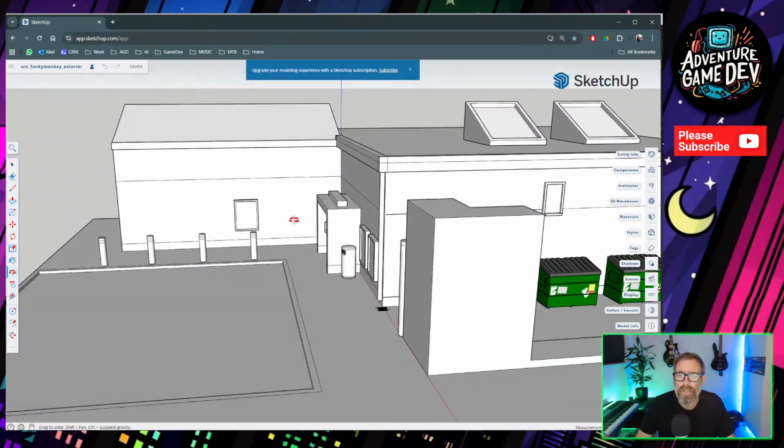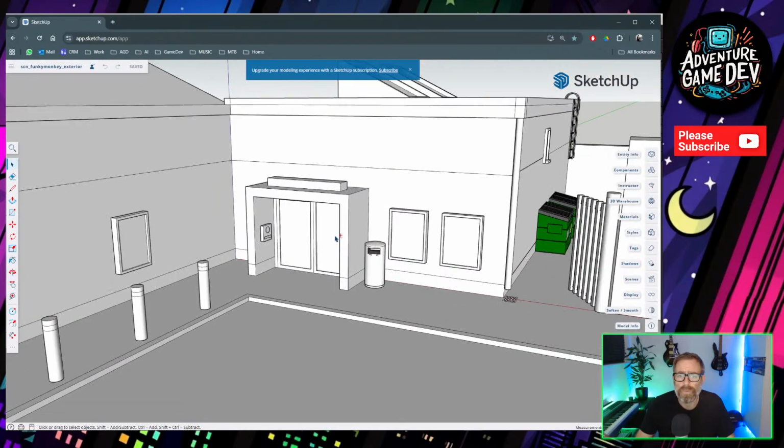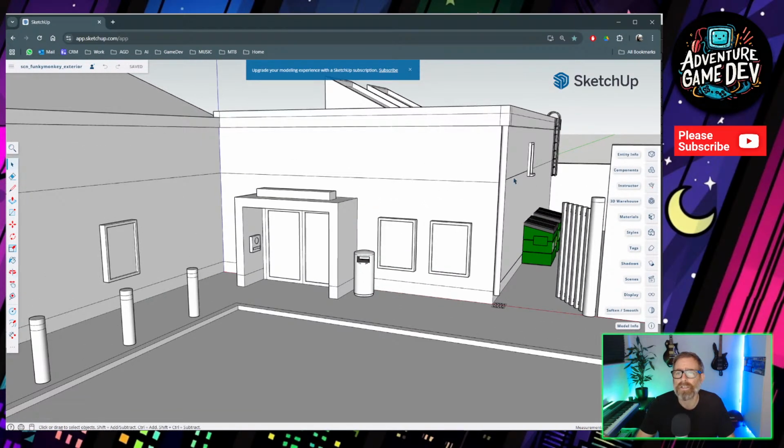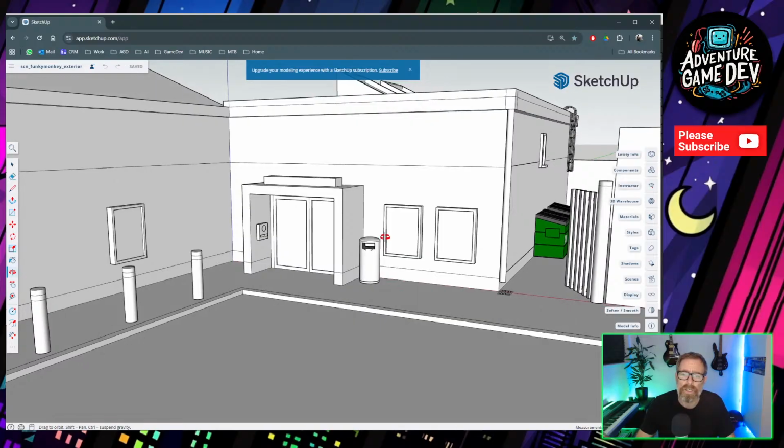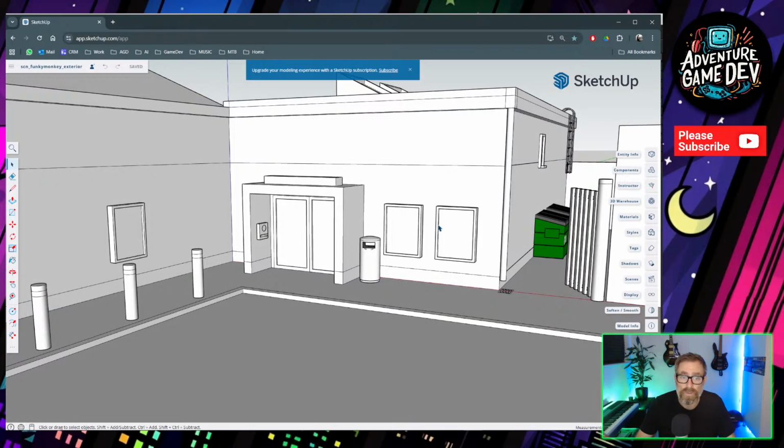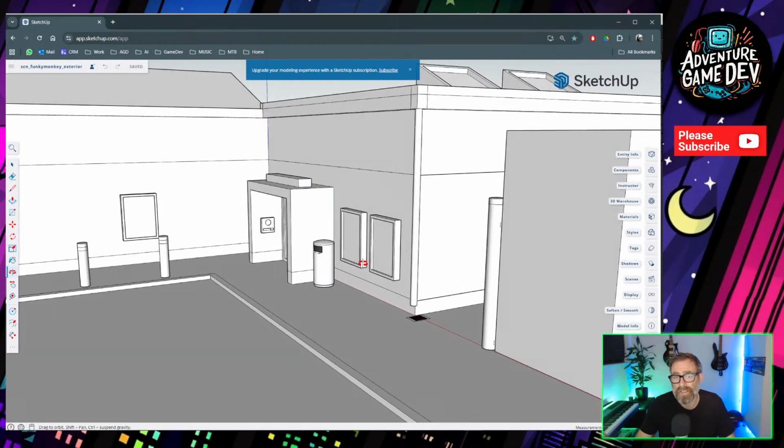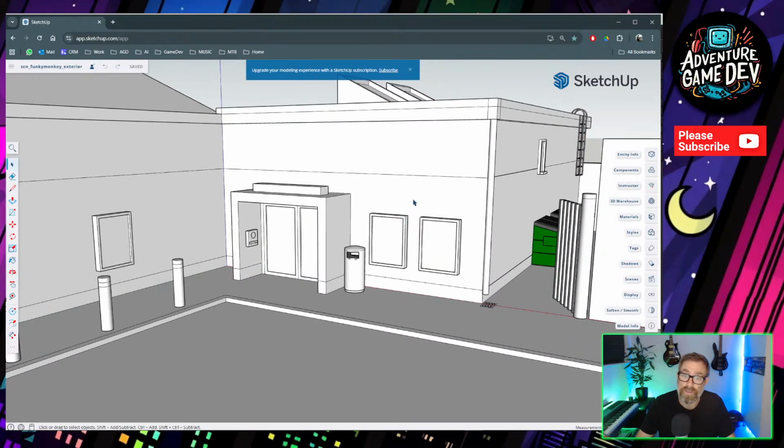I use it for blocking out some of these scenes, especially when there's lots of perspective and things to try and get right. It can be a really useful thing just for deciding what your scene's like. To be honest, you could just output a PNG of that and then build your whole game in Unity with just this white box version and then do all of your pixel art at the end.